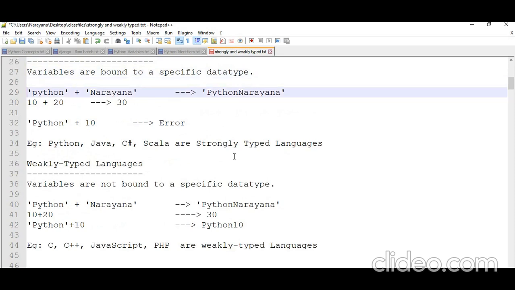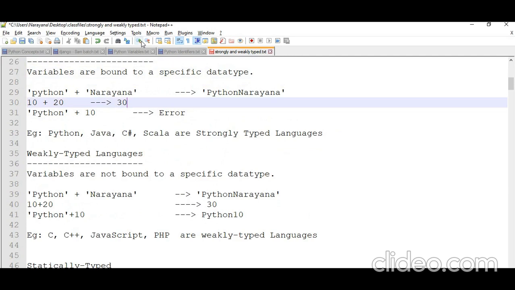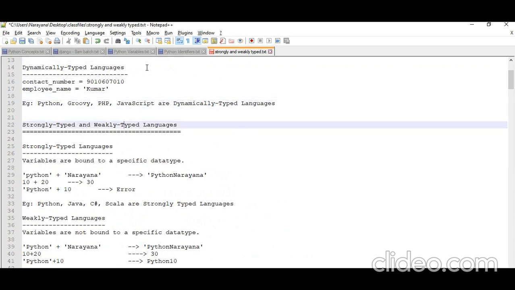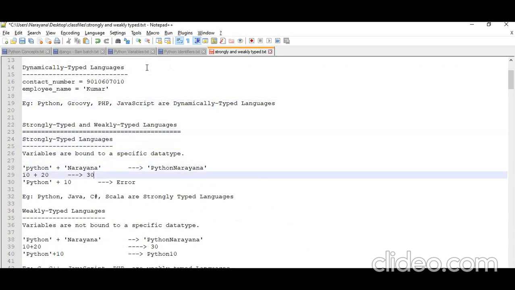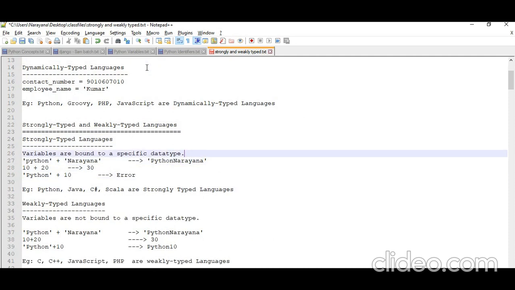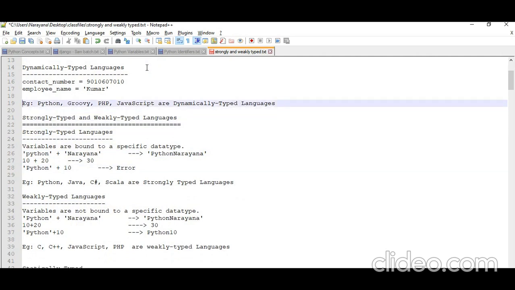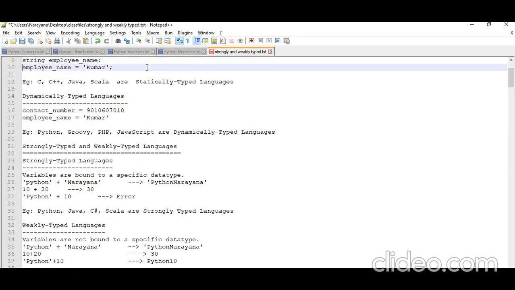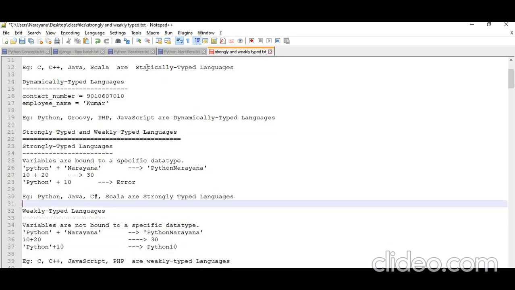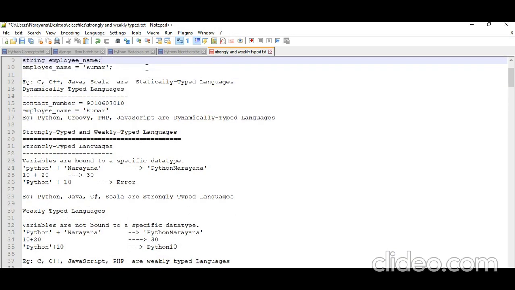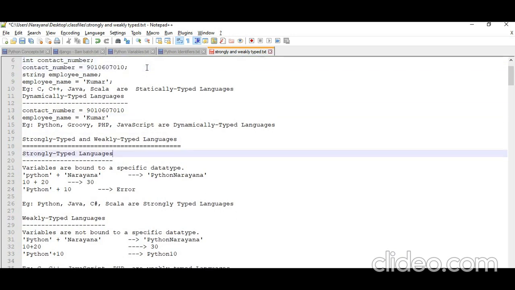Right guys, just observe here, I'll decrease the font size. I am deleting some data.